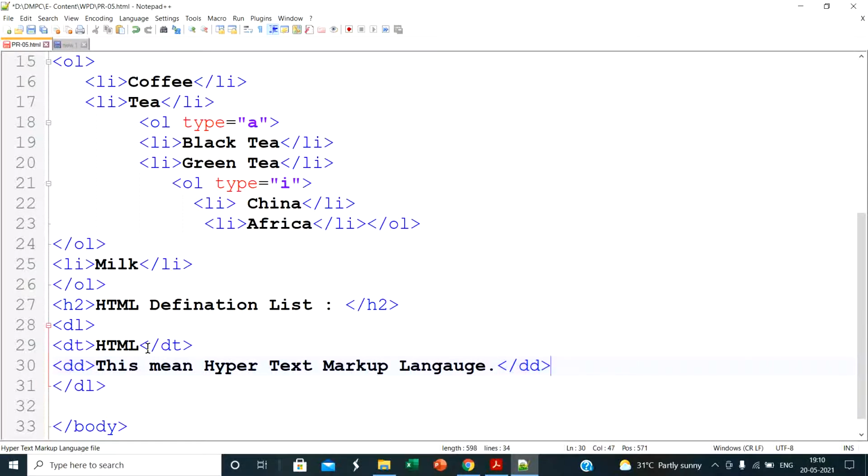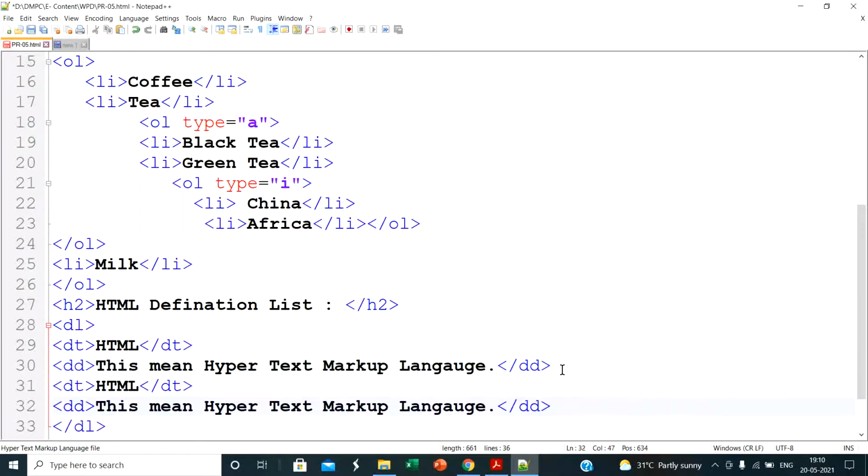Okay, so remember this is not given in your manual. So the first one is DT, that is our data term, and the data definition is written in the DD tag. Okay, similarly we add another term here, write HTTP.